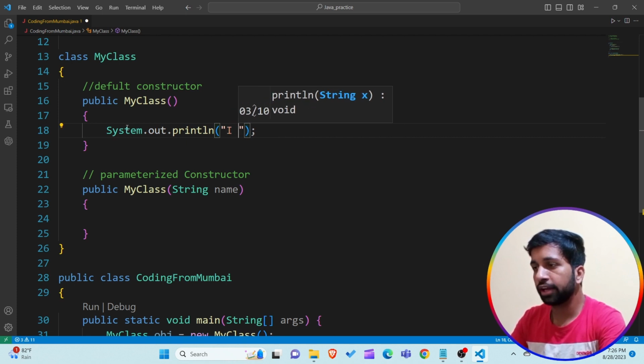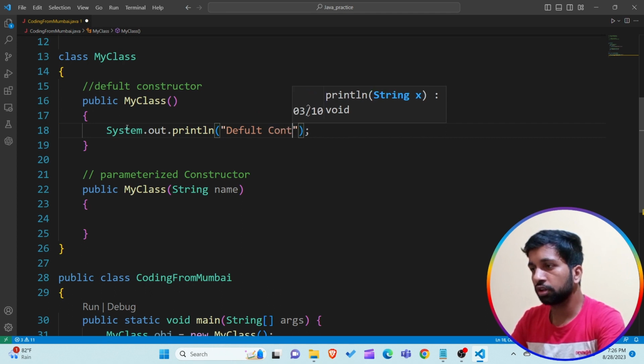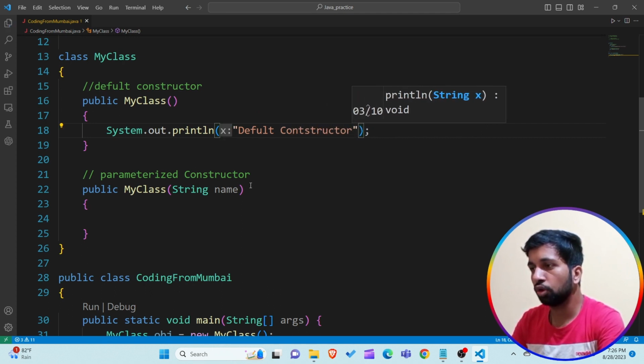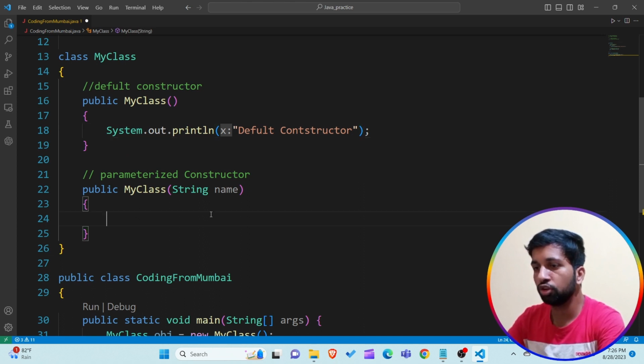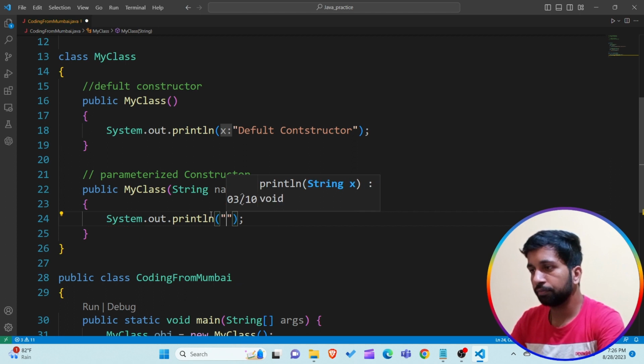I just want to write a default constructor like this. Please don't worry about the meaning of the constructor; I just want to print here. Okay,